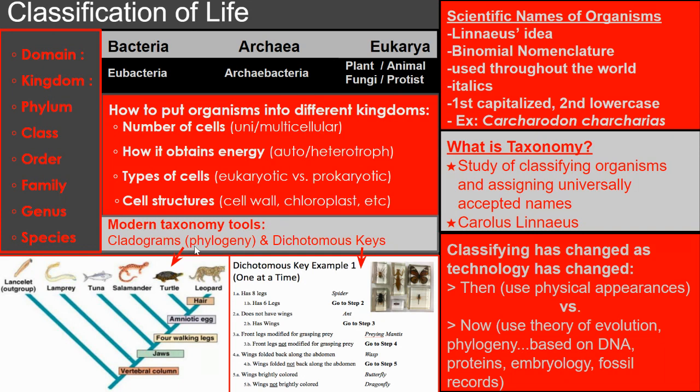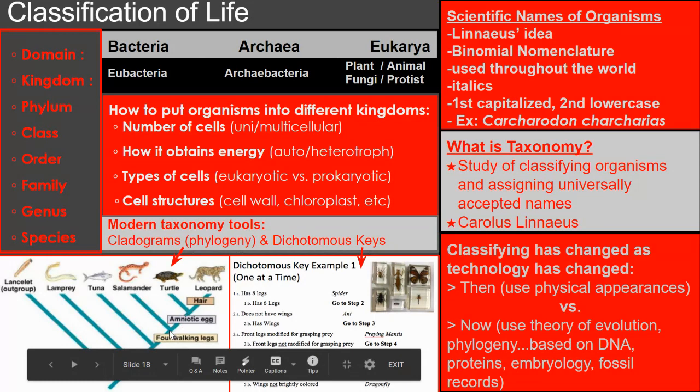key. Now, you've seen cladograms before. They are based on phylogeny, or the relationship between organisms. And what you see here is that each branch of the cladogram is called a clade, and they are separated by derived characteristics. So, certain characteristics that one group has that the next group doesn't. So, for example, the clade of turtles is different from the clade of salamanders because turtles have amniotic eggs and salamanders do not. The clade of leopard is different from turtles and all these other organisms because the leopard has hair. That derived characteristic puts leopards in their own category or in their own clade.